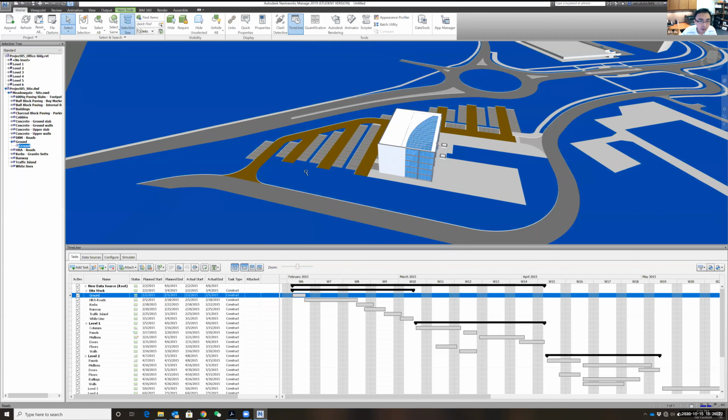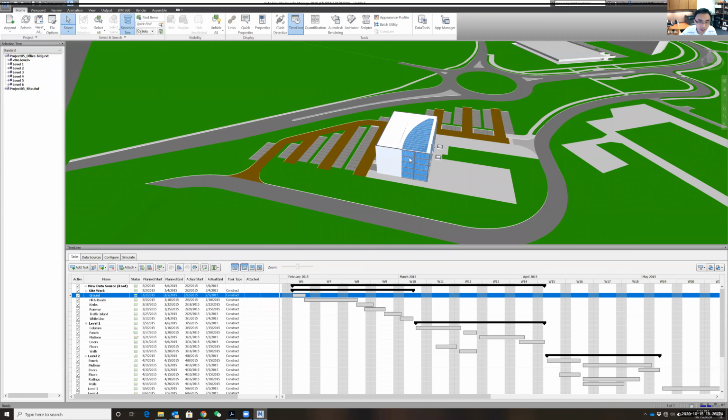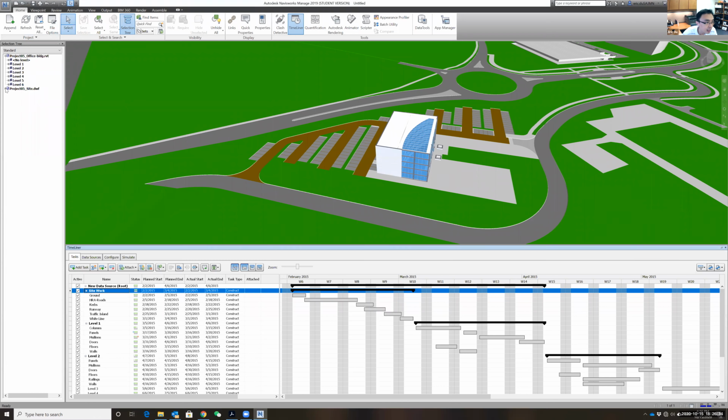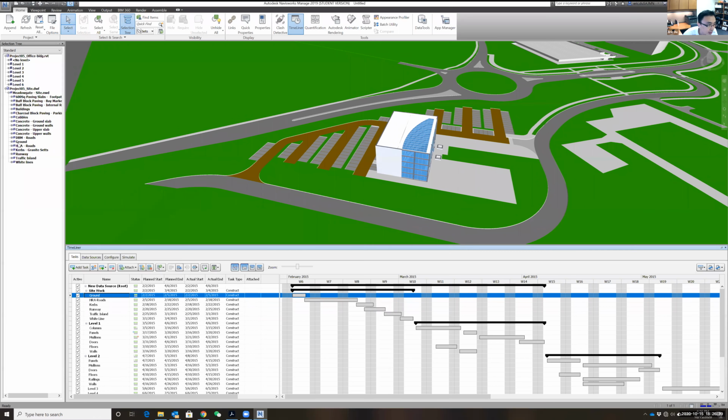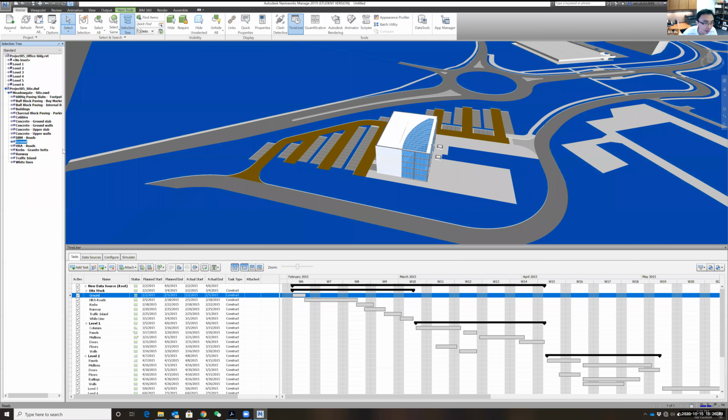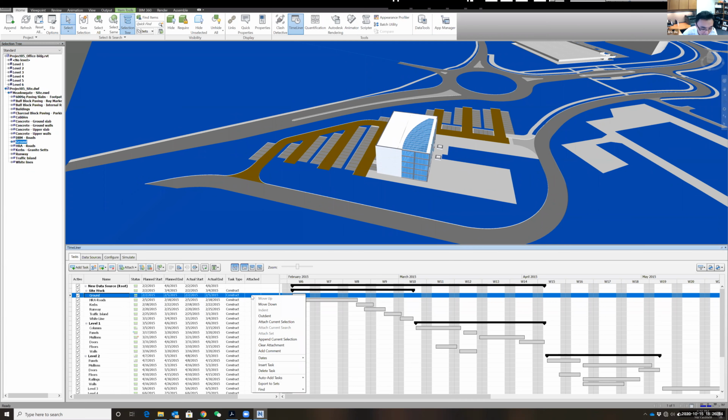So first, let's select the 3D objects, and it's very easy to find the 3D objects here. That's why we want to use the selection tree. This is for site work, so I'm going to find the site. Okay, and this is ground. Let me find the ground. Here's the ground, right? Of course, if you want to do more activities, you can add more activities here and link them here. But now it seems like I just have one thing called the ground. So I'm going to select the ground and come here, right click this button,